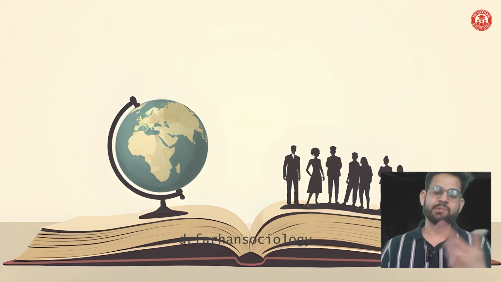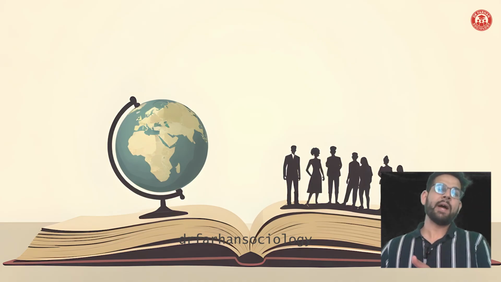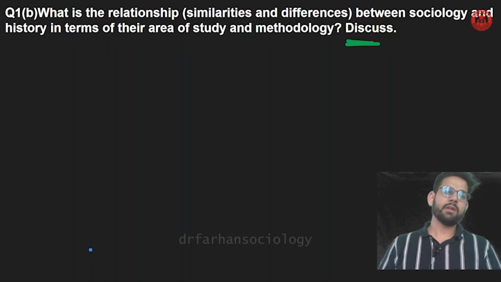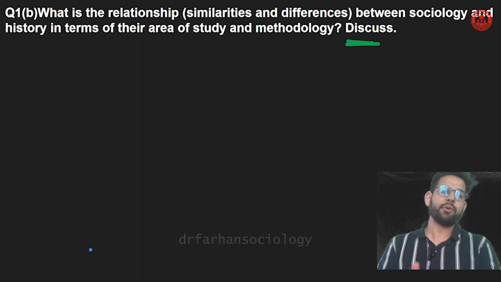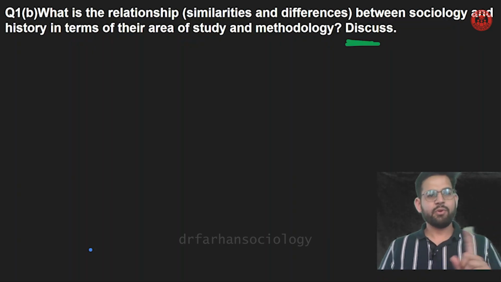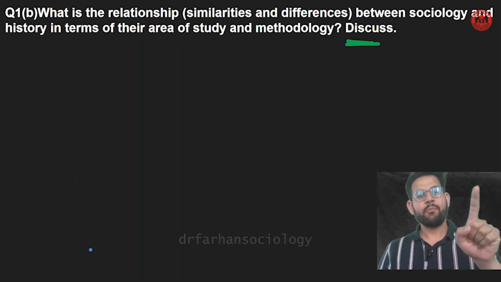The term discuss is an important term over here, because if discuss was not there and if the term was explain, elaborate, elucidate, a different pathway would have been followed. Not very different, but yes, these tail words will play an important role. Before we go ahead, let's just try to see from which part of the syllabus question 1B has come.